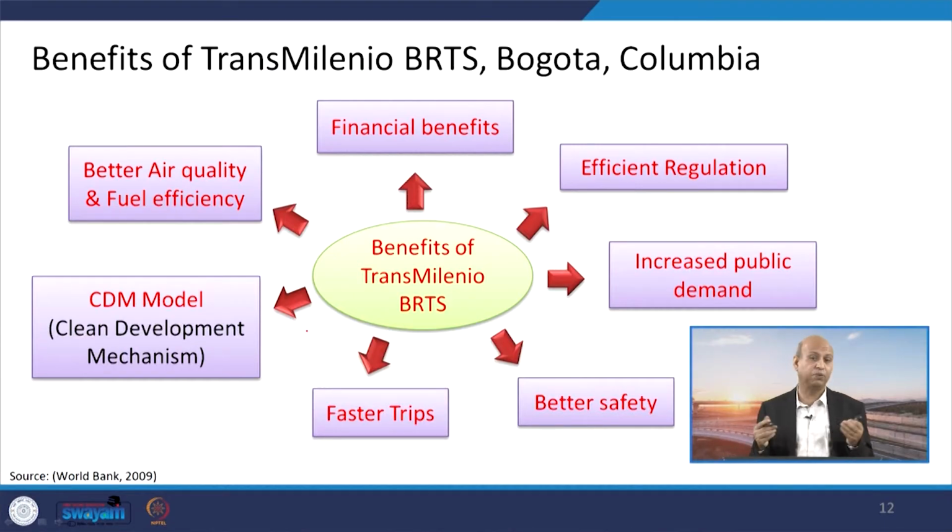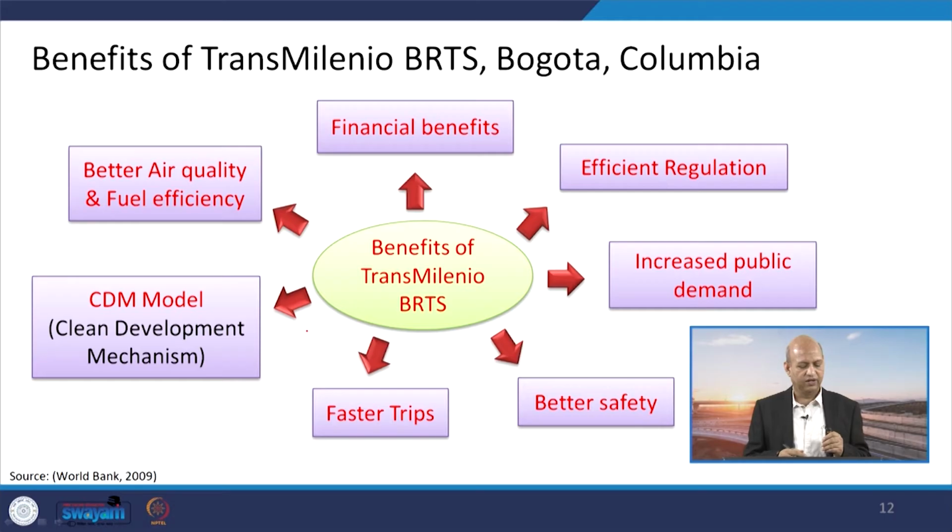Then increased public demand, I mean the public is demanding it. It is not that the public is not opting for this public transportation system. Because of those very good reasons, they also opt for this particular transportation system. Better safety, because technology is very good, faster trips, good speed is maintained, road network is very nice, and a dedicated lane is there. There is no mixed traffic on that particular